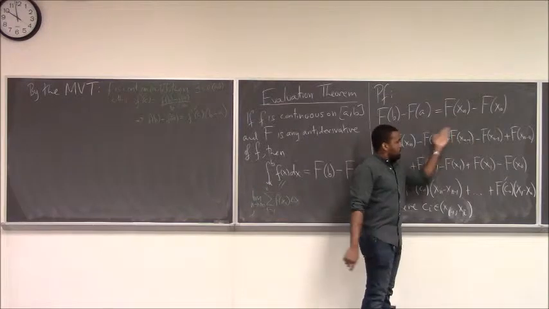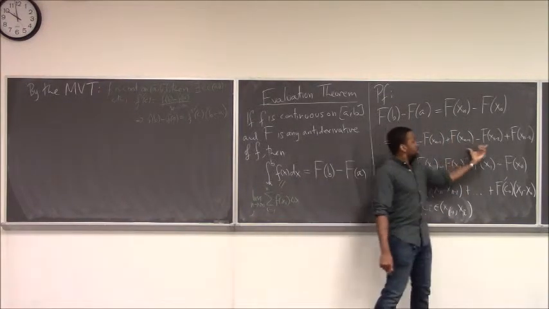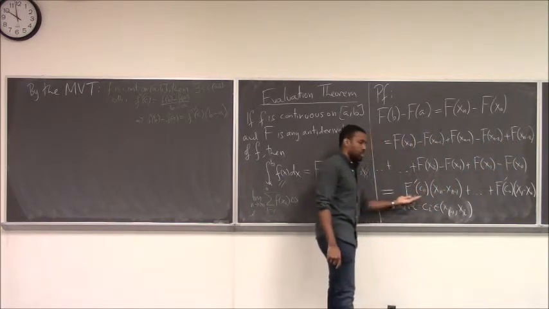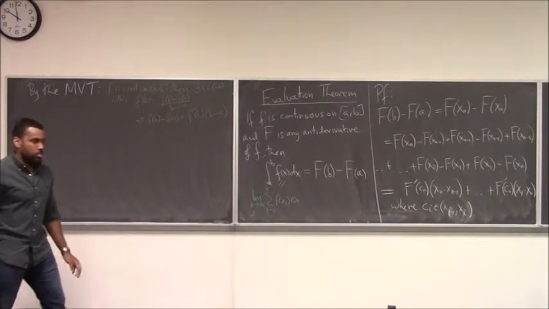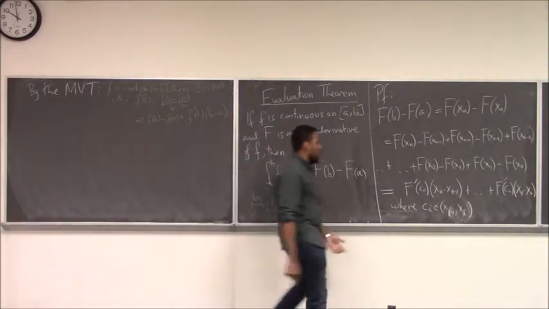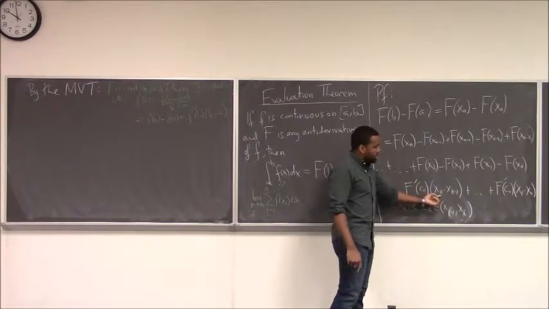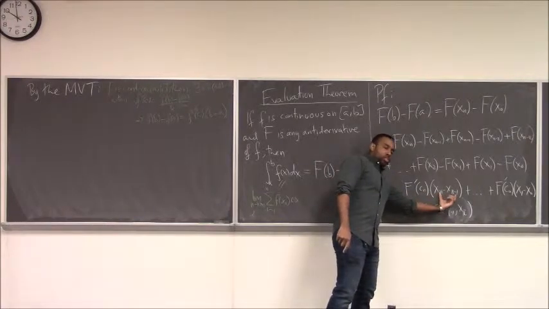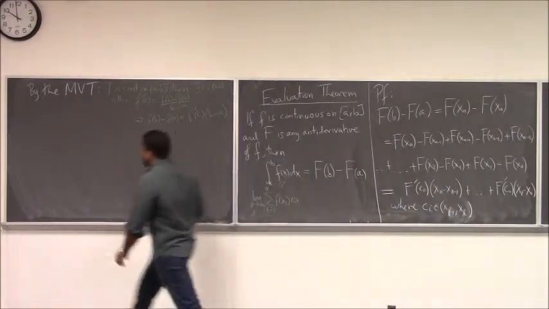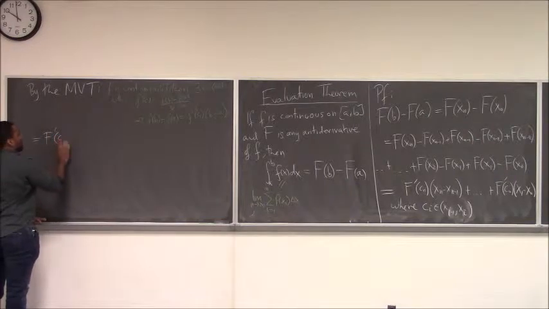Add and subtract a bunch of things, so I'm not changing the value of anything. I can replace each pair of subtractions by this. It follows by the mean value theorem, because big F is actually a continuous function. You should really know why it's a continuous function. However, I have that. Now notice what this guy is. In our conception of the world, this length is just always going to be the same all the time. That's the length that I call delta x. So in other words, what I get is